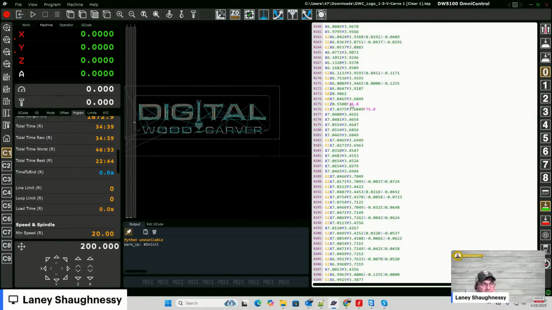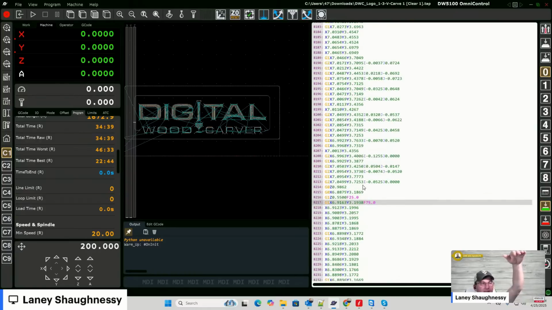So if we look here, it's raised up, it moves to this location, it plunges the Z, and then at 75 inches a minute it's making that cut until it gets to its next Z positive move, and that next plunge, right? F25, the next plunge, and then again, linear cuts all the way around. So in some cases, the G code requires an F code at the end of every line. And that,